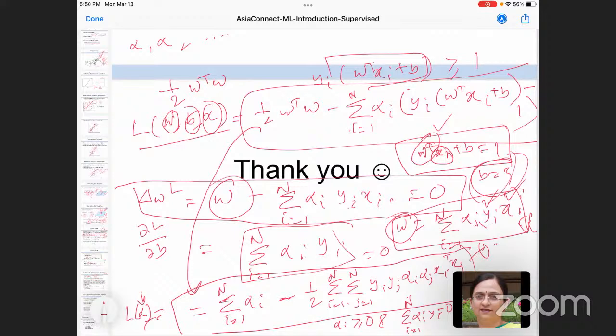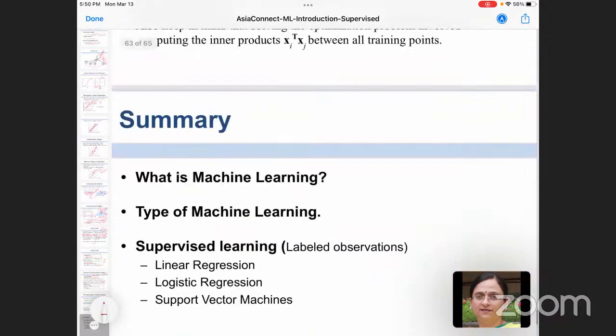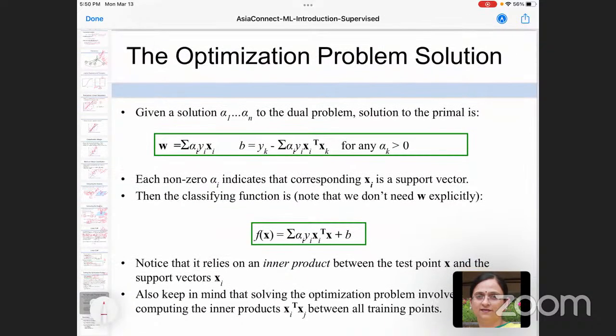So after finding this, what is your job? Your job is to predict, right? So now you have basically the separating line. This is W, this is b, and now if you have some unknown value, you can classify using this. And this W and b will give you the separating line that maximizes the width between positive and negative samples. This is called support vector machine.